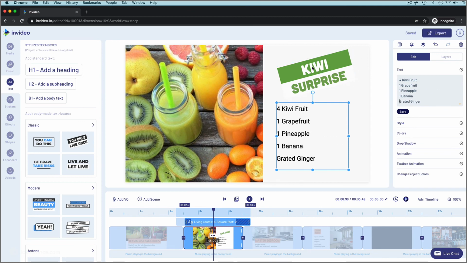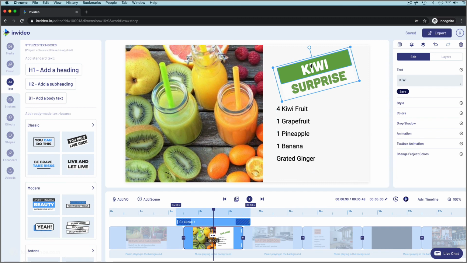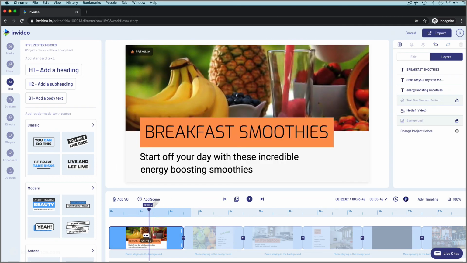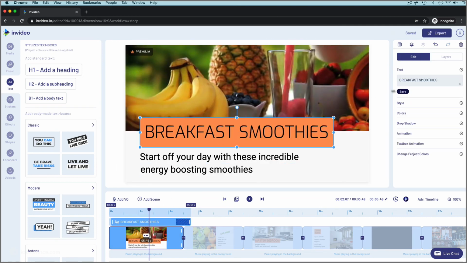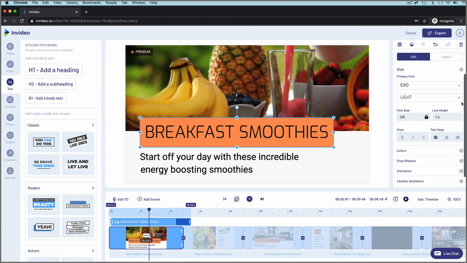I like this font a lot, but it's always best to keep fonts consistent throughout a video, so let's see what font was used in scene 1. Select a font box, open the Style menu, and see what font InVideo used, which in this case is EXO Light. Back to scene 2,